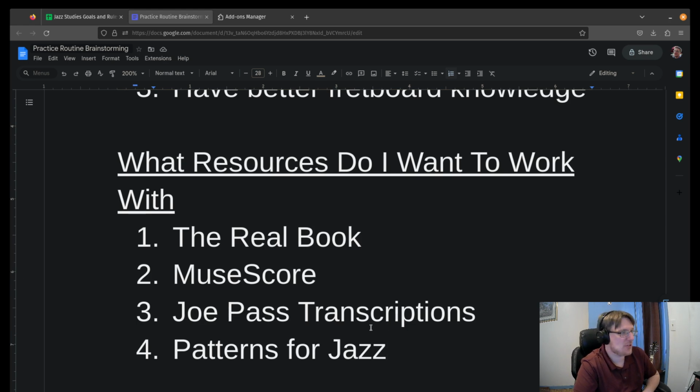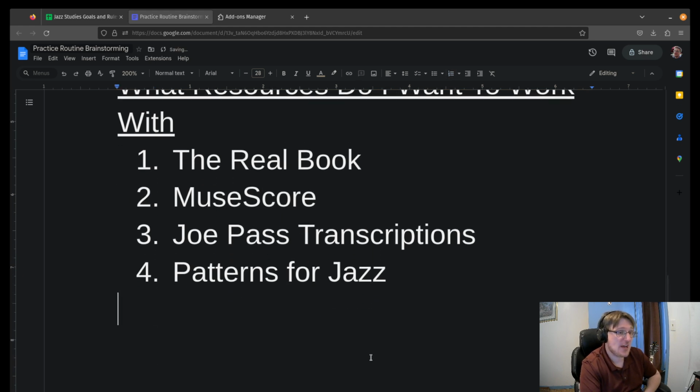But generally my approach is not really using a ton of sheet music. Again, I'm mostly using this transcription book because I don't want to spend a lot of time transcribing something that's very dense and complex. Even though I think in general transcription is very good for internalizing your ear, making your ear better. And patterns for jazz is just building up my repertoire of licks. It's not really meant to be a big educational piece. So let's move this one thing further and just start actually getting into